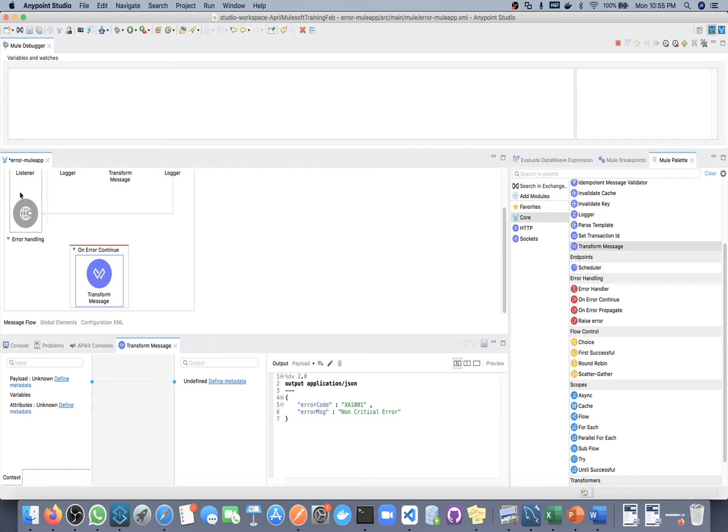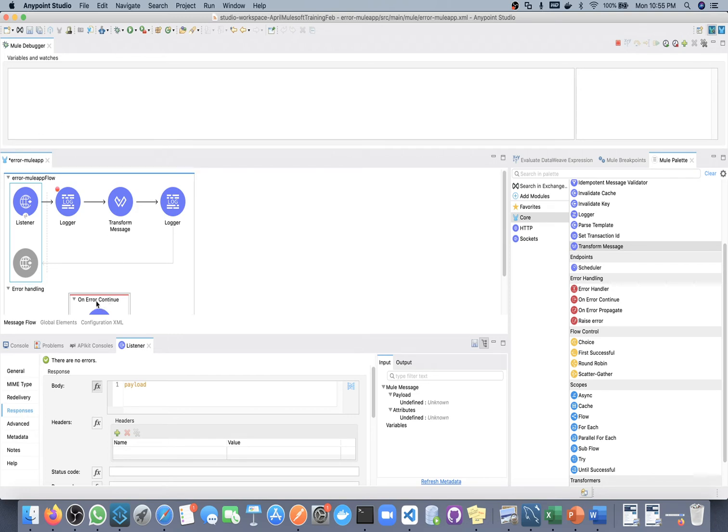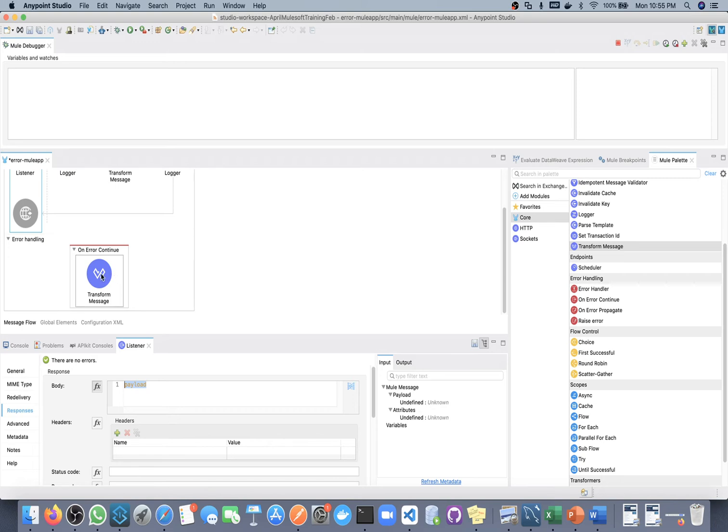As I explained, since we are using on error continue, this component will take the error and send a success response. So this listener will receive the success response, and in case of success it will send this payload and the status code, by default 200. We are trying to define the status code.